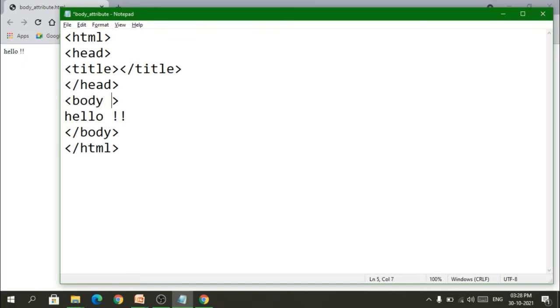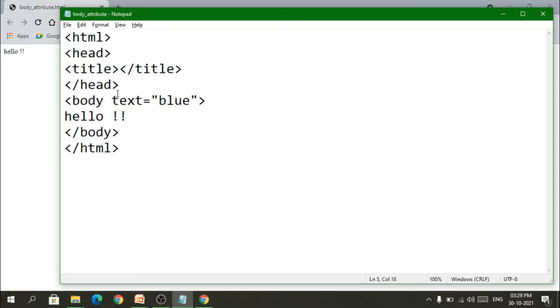First what I will do is, I will change the text color. So I will say text is equal to, now remember one thing, whenever you are using any attribute, after using the attribute you need to use an equal to sign and a double inverted comma. Inside the double inverted comma you will be specifying the value of that particular attribute. So I will say blue and I will close it. I will take one by one, so you will also see what changes are happening in the code.